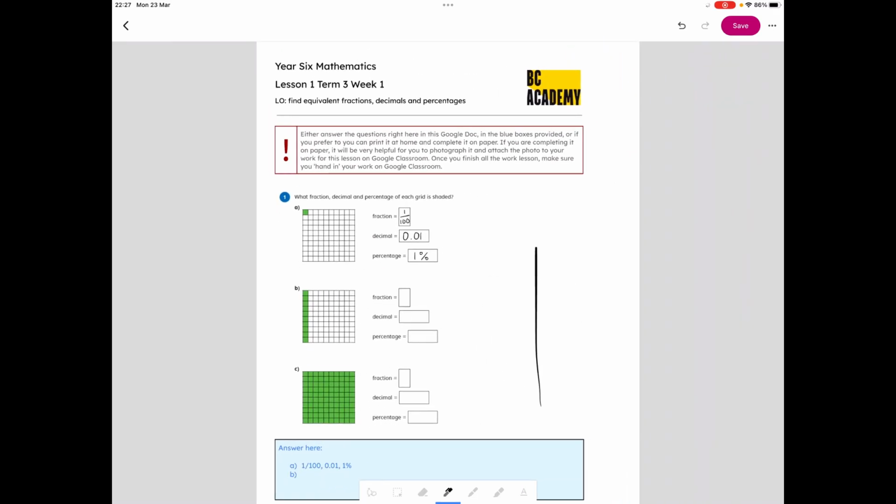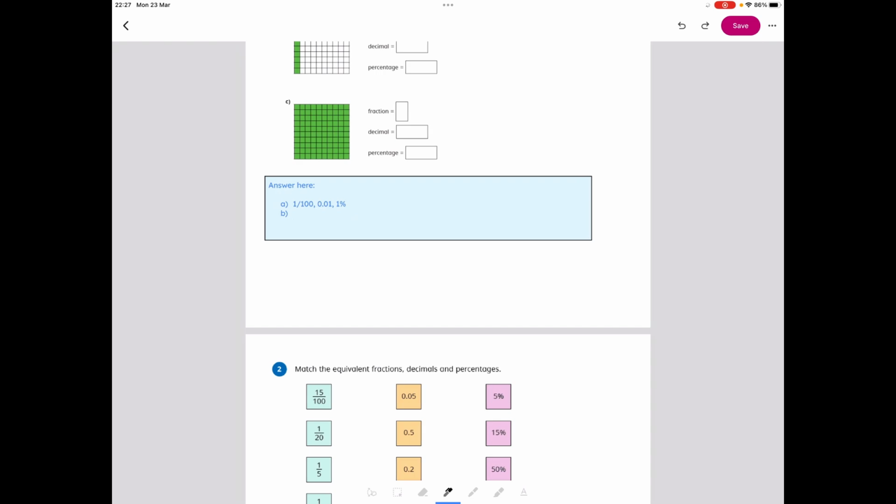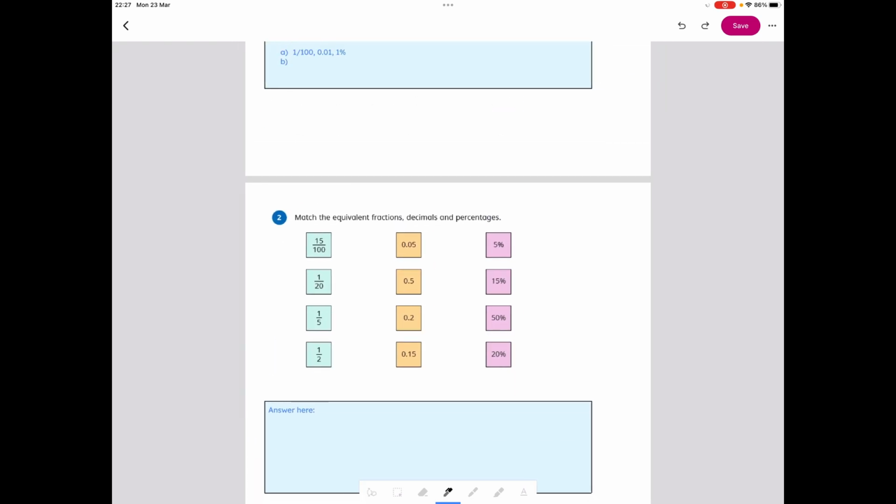And similarly, oh no, I didn't mean to do that. Two fingers to scroll. Oh, I like doing these ones. 15 out of 100 is 0.15, which is 15%. 1/20th is 0.05, which is 5%. Now, if I do that wrong, I, as the teacher, can annotate that with a comment, and then you